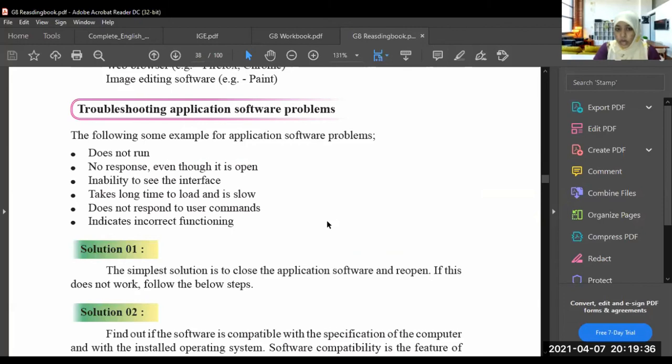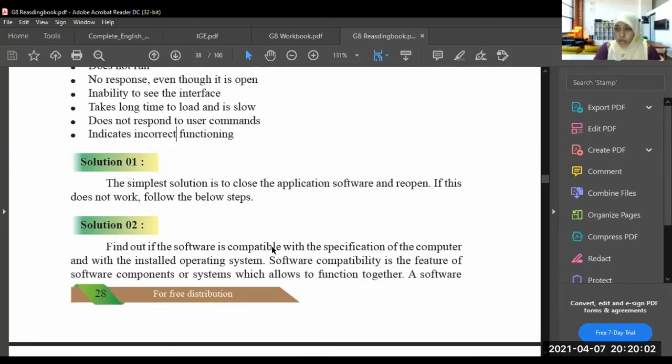The problems that occur with application software are: it doesn't run, no response even though it is open, inability to see the interface, takes a long time to load and is slow, doesn't respond to user commands, indicates incorrect functions. These are the problems that occur with application software. Then we learned how to solve them.